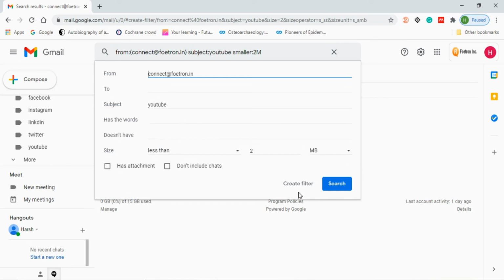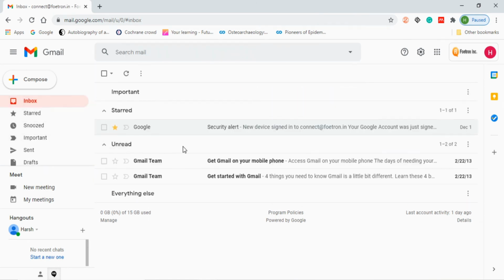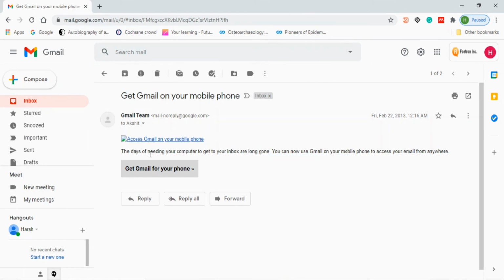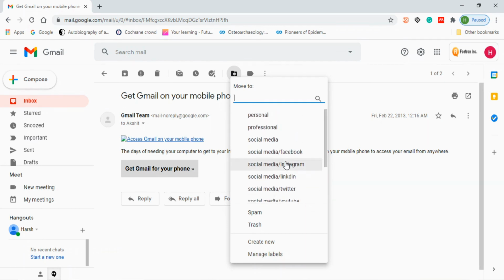Or for a particular thing, if you want to transfer again, like from the inbox, that is also simple. If I want to transfer this Gmail into my social media, you again just click on your email, again just move to whatever you want: social, updates, forums, promotions, doesn't matter. And this is one of the best things about organization.